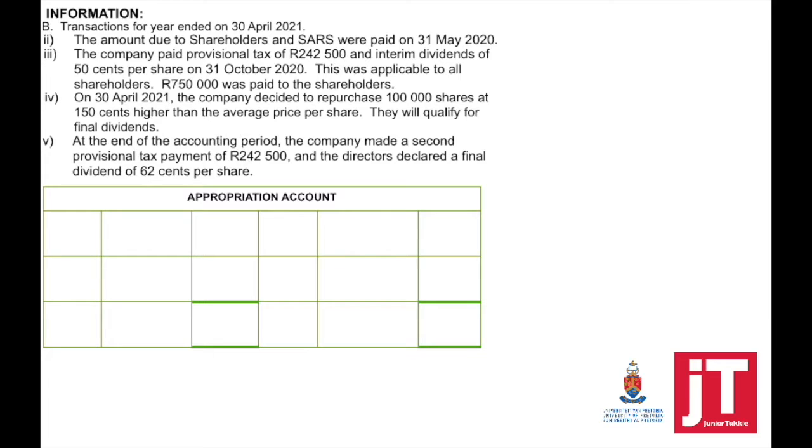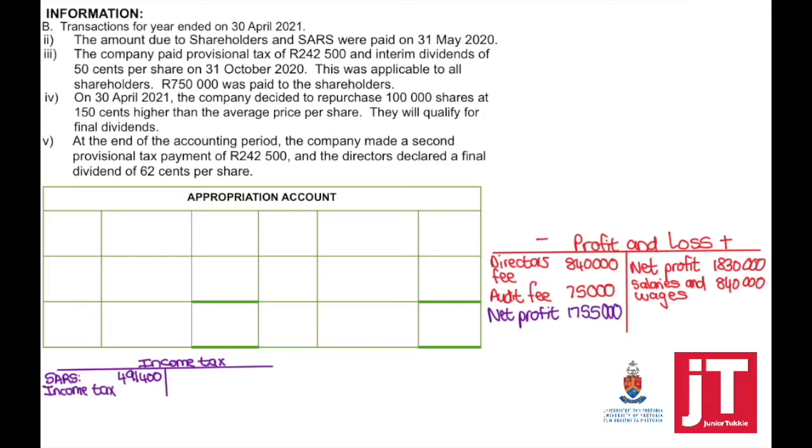Looking at our next question, the appropriation account. Transactions for the year ended 30 April 2021. Now remember, what will appear in your appropriation account? It's your income tax and the net profit. Now we've calculated the net profit, the correct net profit, earlier in question number 1. So that's our starting point. We're going to use the same amount that we've calculated,